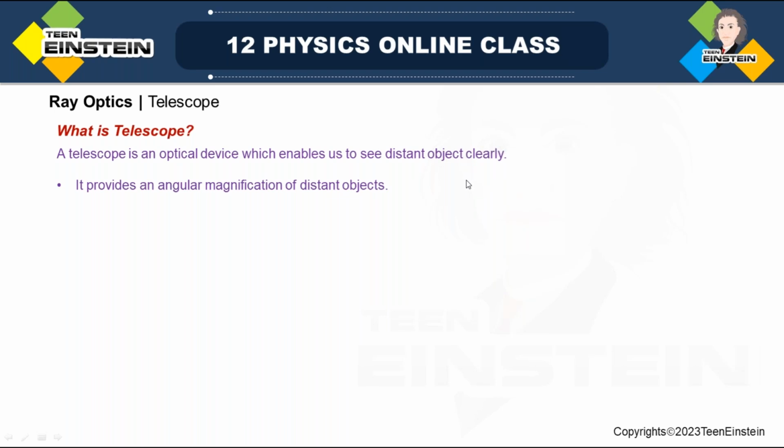So you might be thinking, what are the distant objects we can see? We can see distant objects like, from your terrace, you can see the tower of something, or you can just view the moon or the sun and many other things in the sky as well. So telescope actually enables us to see distant objects clearly, but what it actually does is